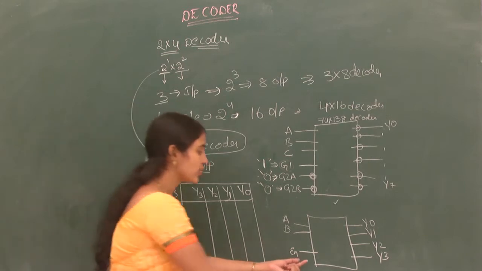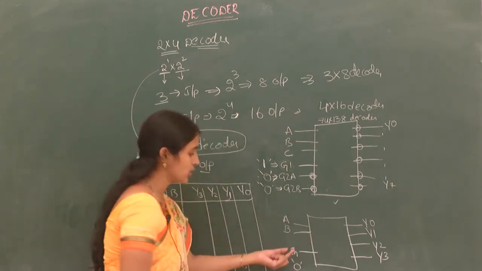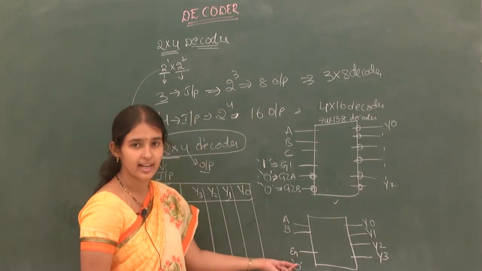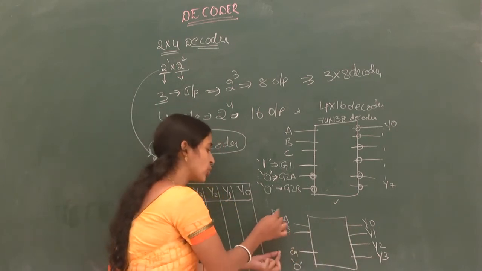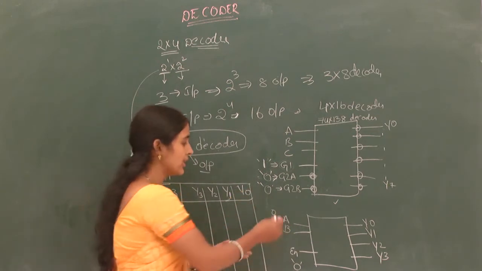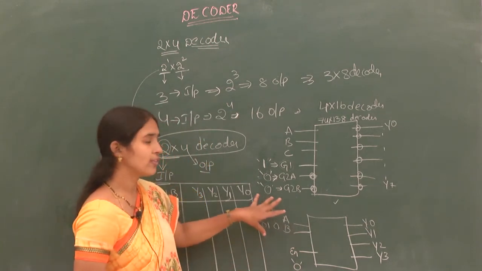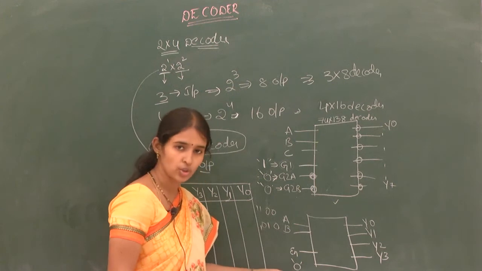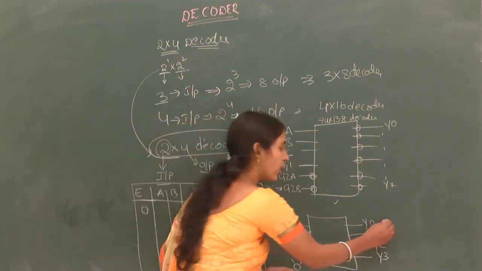If I don't want to use this IC, I make the enable input equal to 0. If the enable input is 0, it says that you are not using this IC. So even though you give any inputs, with 2 inputs the possible combinations are 00, 01, 10 and 11. For any combination of input, if the enable input is 0, you will not activate any of your outputs. All will be zeros.